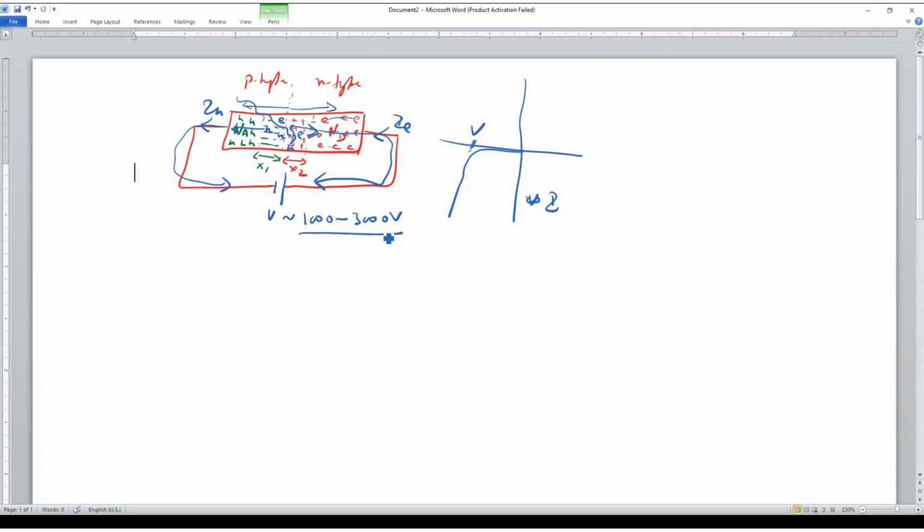तो माइनॉरिटी चार्ज कैरियर विल डू व्हाट, they will start moving with higher velocity because you have applied a good amount of electric field. आपने 3000 या 1000 वोल्ट लगाया तो इलेक्ट्रिक फील्ड भी बहुत ज्यादा है, बिकॉज डायोड साइज इज हार्डली अ मिलीमीटर, और मिलीमीटर में भी डिप्लीशन रीजन देखोगे तो इट इज अ माइक्रो. So that is a very small distance, you are applying a good amount of potential, so that will have a